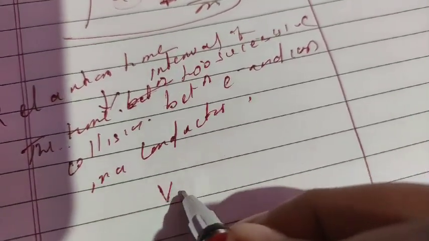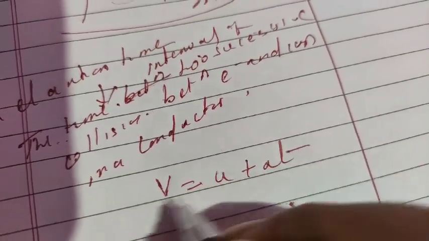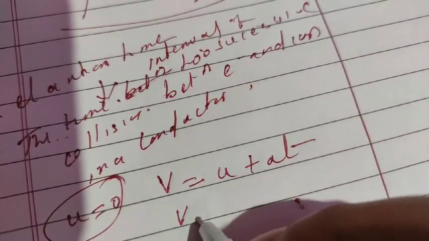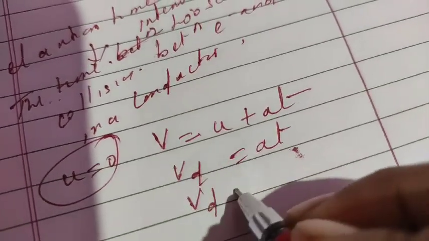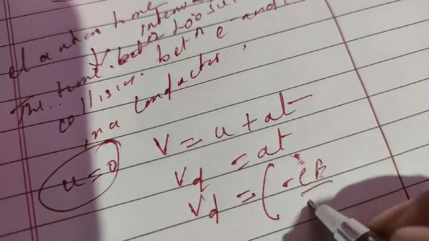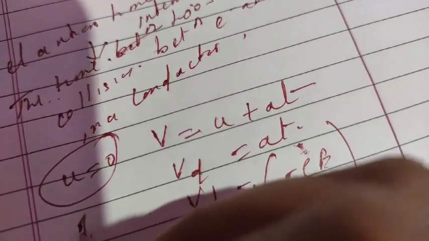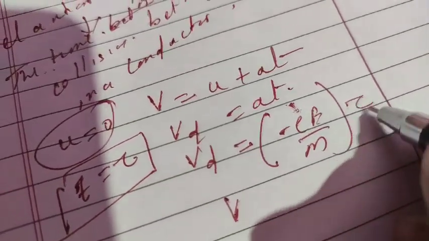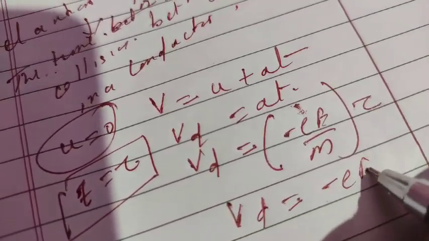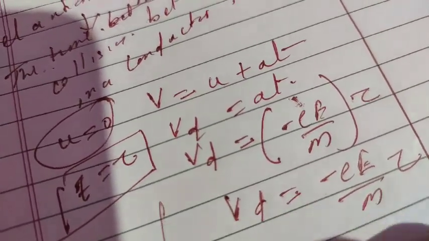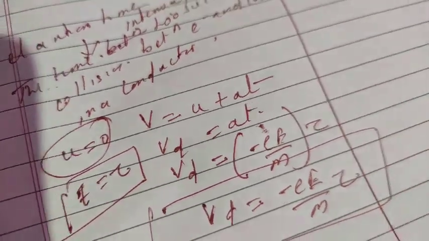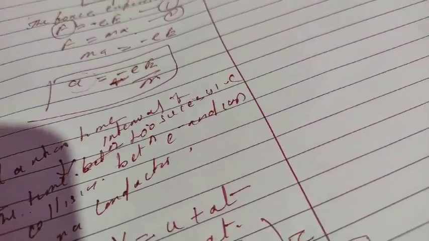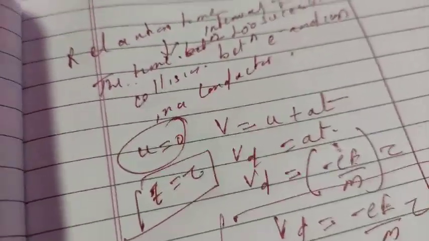So as the electron is moving, the formula is v = u + at. Initially the electrons are at rest, so u is equal to 0. So v_d is equal to at. You know the value of a, minus eE by m, and here time t is represented as tau, because this is the relaxation time before collision. So v_d is equal to minus eE tau by m, student. This is basically the drift velocity, and this is the derivation you have to do in the normal examination. Clear? Now this much you have remembered about drift velocity.